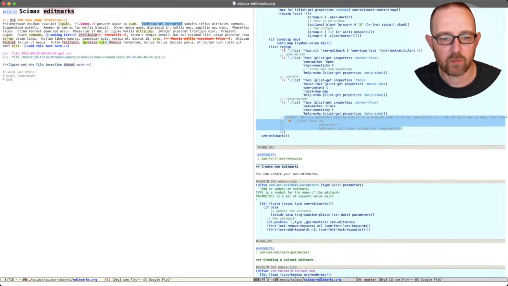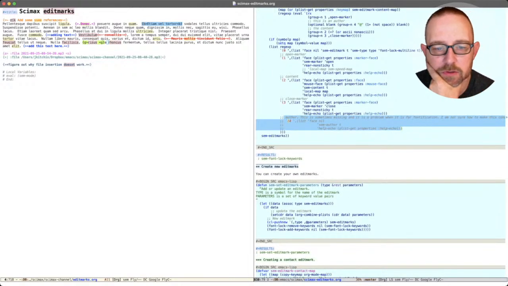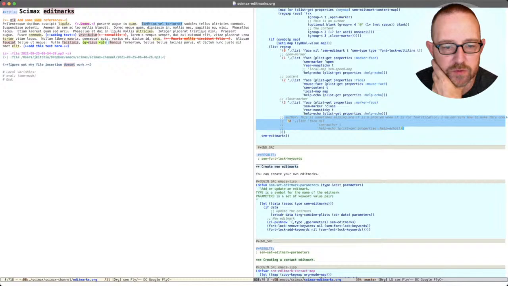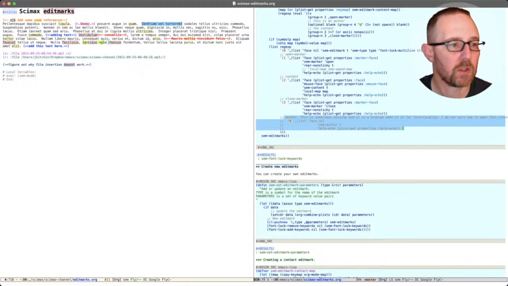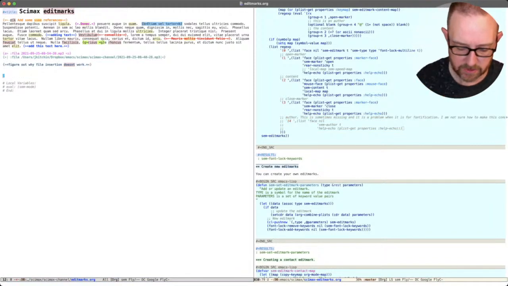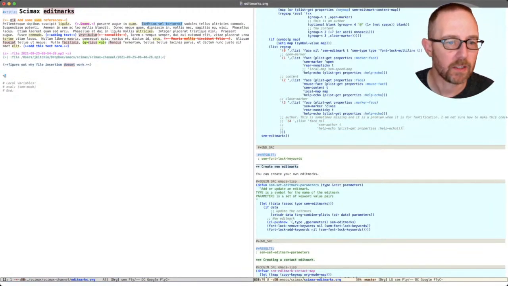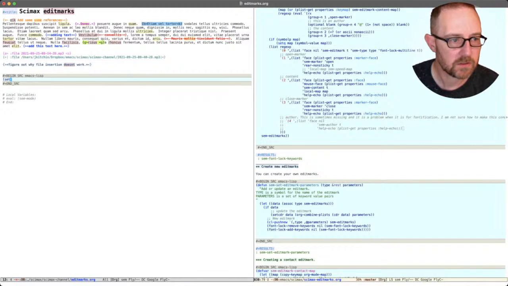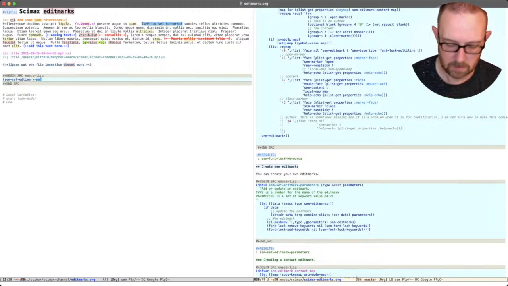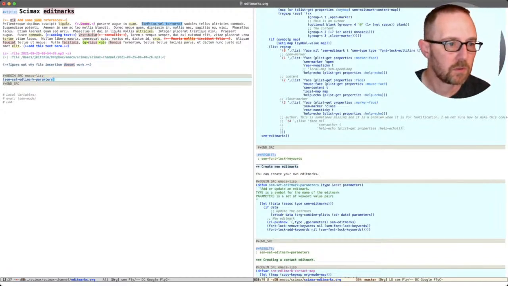All right, so we can create your own edit marks. There's a function for doing that. So this is for adding or updating an edit mark, and hopefully this is actually what we're going to use to change the way the green highlight is exported. So let's just do it now that we're here. Sem set edit mark parameters,